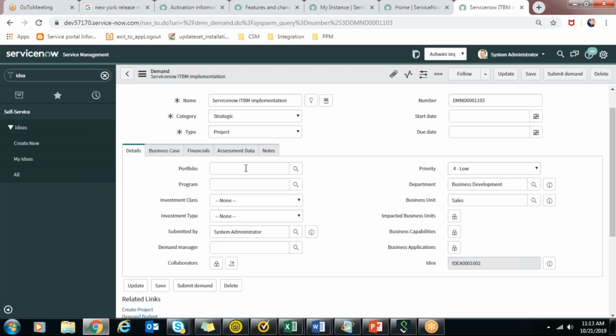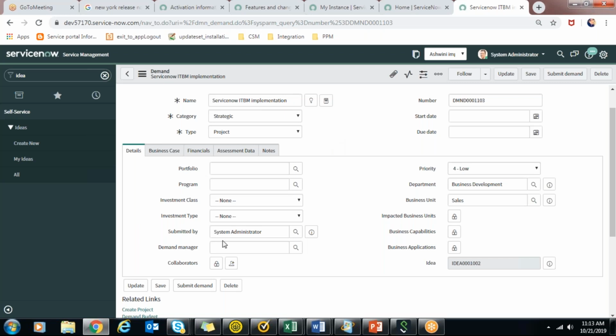Under that, there might be two, three programs. There might be ServiceNow, Salesforce, other technologies as different programs, and under those programs, there can be different projects that will bring revenue, that will be strategically aligned to the goals of that financial year and everything. So I'll explain the portfolio and program creation later.